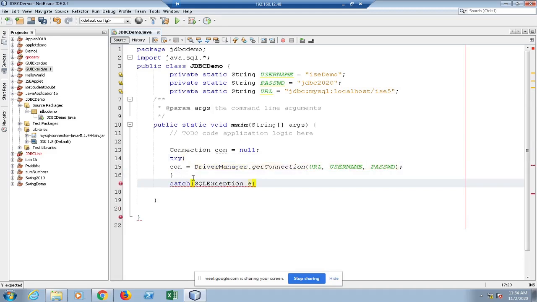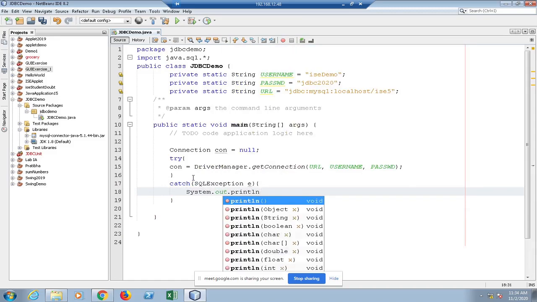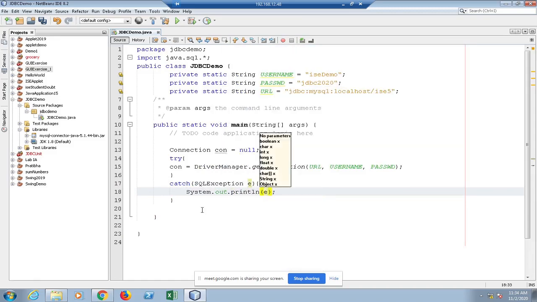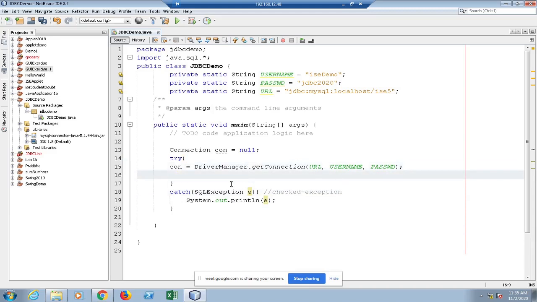There is a possibility of throwing SQL exception. If such exception occurs, you print the string representation of this particular object, exception object. So once you obtain the connection, here print one success message.